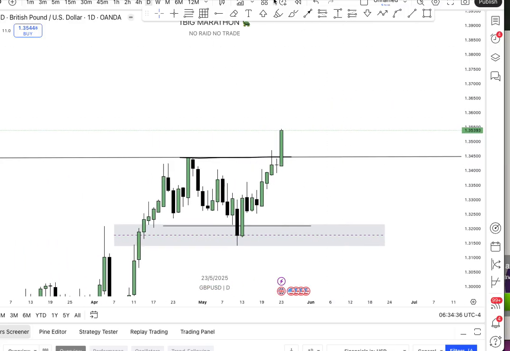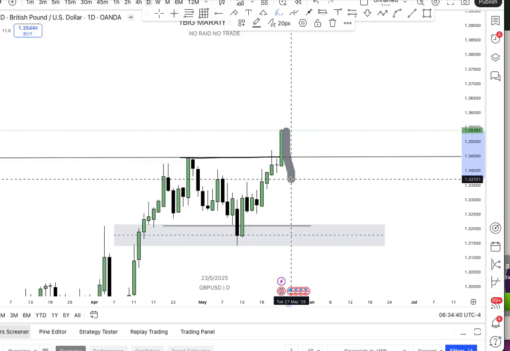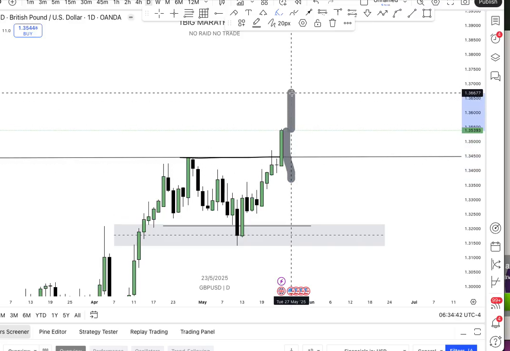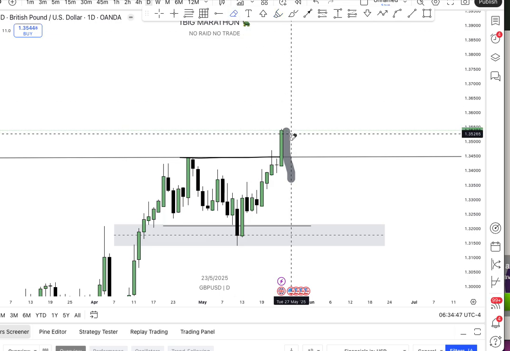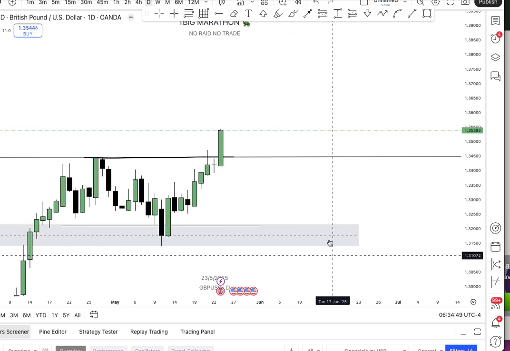What next? Are we expecting to see tomorrow's candle open and close down, or are we expecting it to continue pushing to the upside? We don't know as of now. What we want to do is